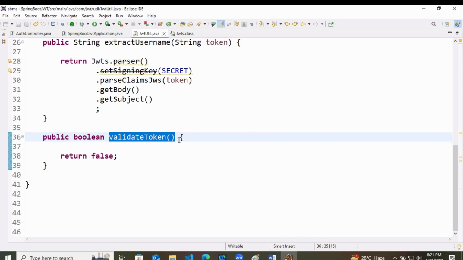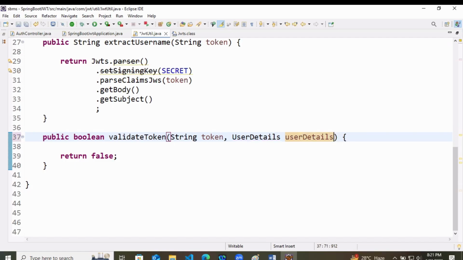It's very simple. It will take a string token, whatever token you are taking, and it will take a user details object. We created that user details manager whenever you are creating in-memory user details. So same we are going to use here, the token and the user details.